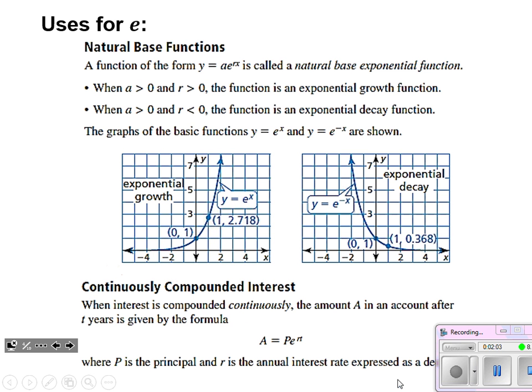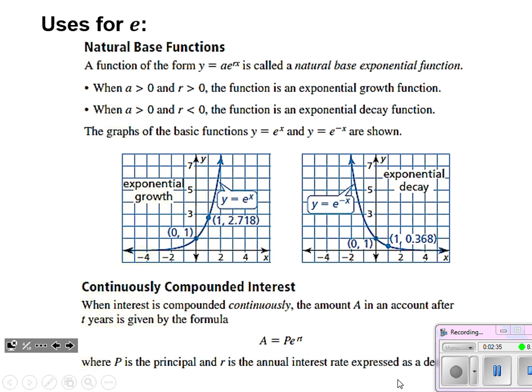All right, so our base e function, if we take a look at it, it can be used to model growth or decay. You can see that when our base of e is raised to a positive x value, and our inputs are going to be positive, it's showing that growth. And then to get the horizontal flip that we want to see to show decay, it's just that same base of e, but now it's continuously decaying at that same rate. So now it's a negative rate. It's losing value over time.